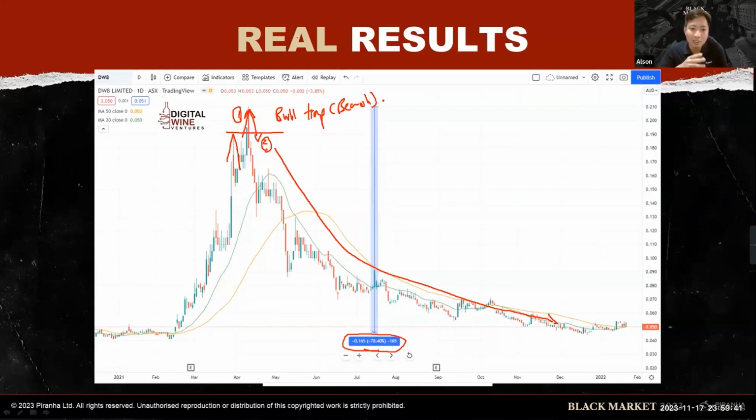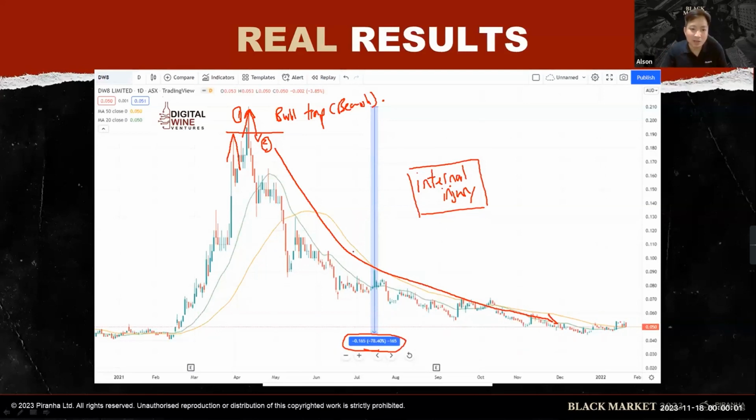In fact, guys, do you know why I call this kind of chart internal injury? This kind of chart got internal injury. In Chinese, we say it's got 内伤. This kind of chart got 内伤 already.